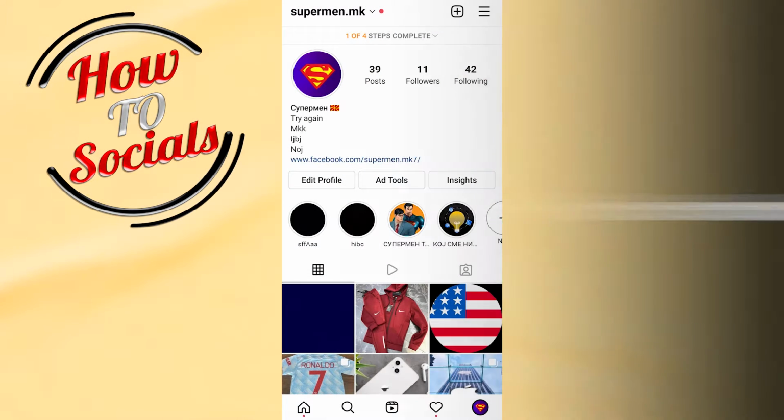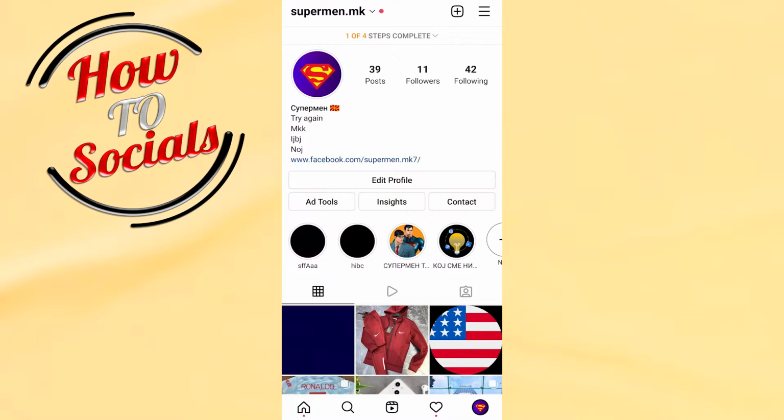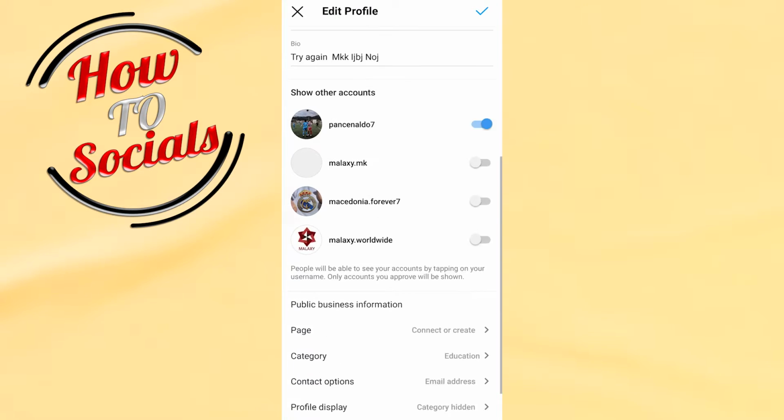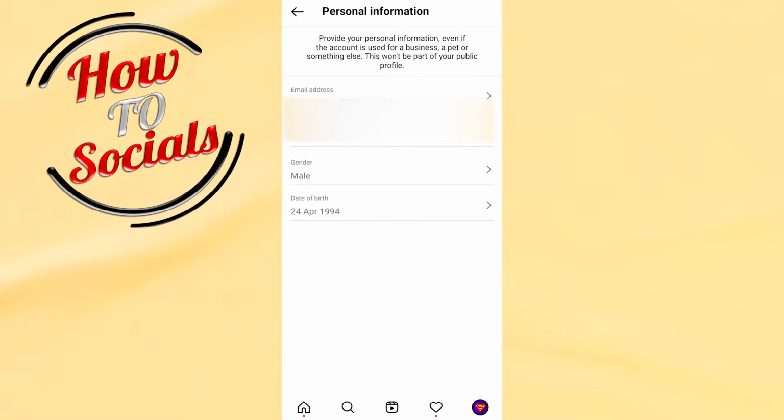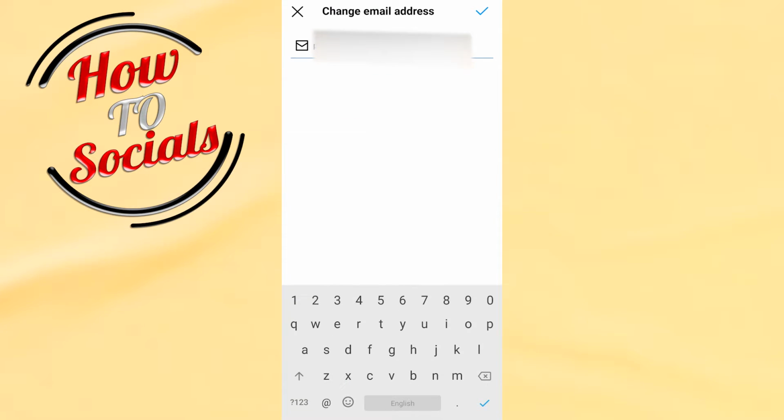Firstly, get up into your profile section. Now if I go to edit profile and scroll down, I go to the personal information setting. Here you can add your email address. For example, if you do not remember your phone number or something like that to log into your account, you can change it from here. You can just type whatever your email is, and then go on the save